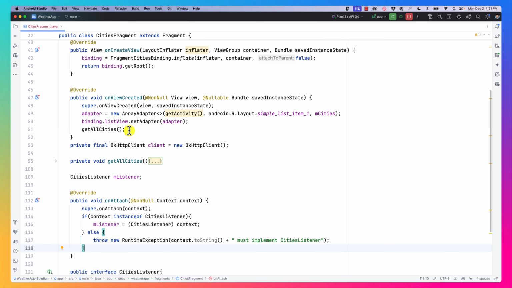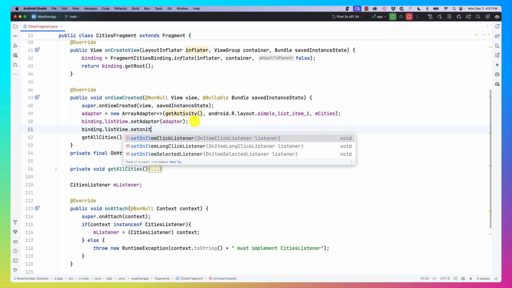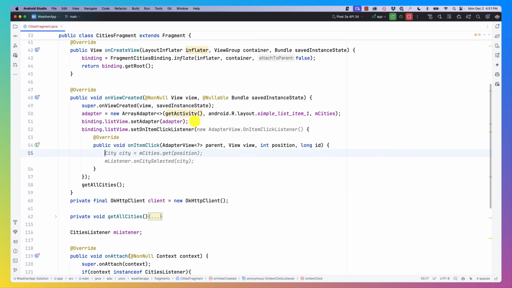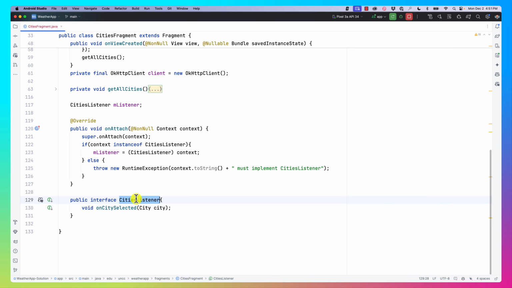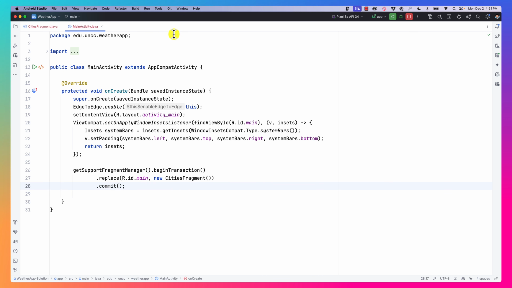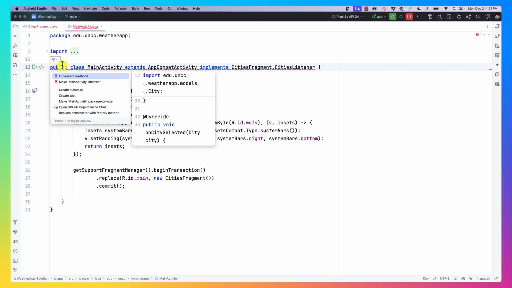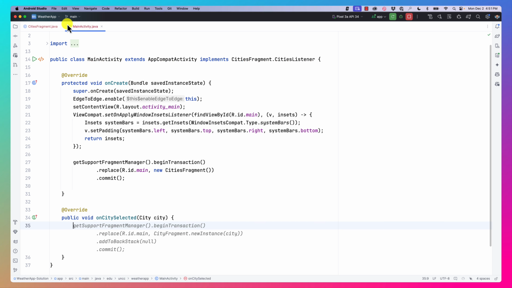So now if we go back here, binding dot list view dot set on item click listener new on item click listener, and we just pass it on the cities. Now what we need to do is to make sure that the activity implements the interface. The activity implements the interface, and import and implement class, and then implement the interface. Implement the methods, here it is, and we are good to go. So now when we run it,